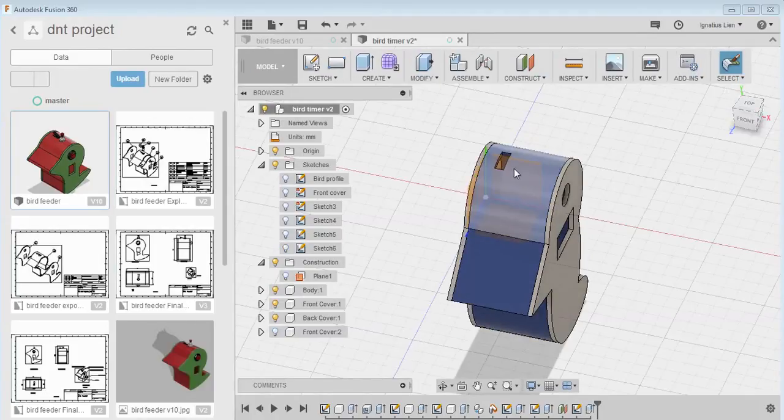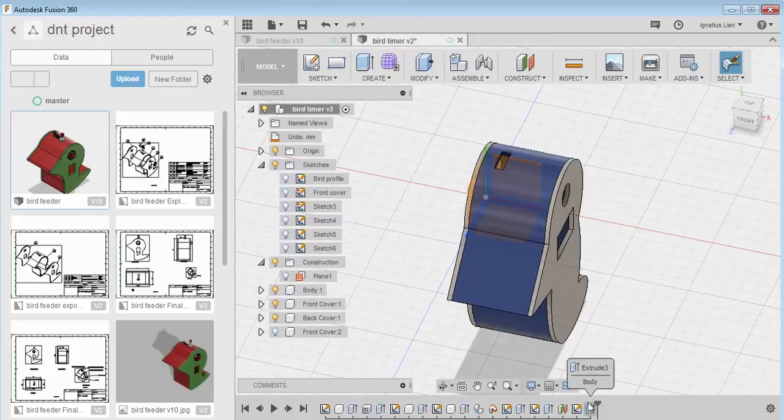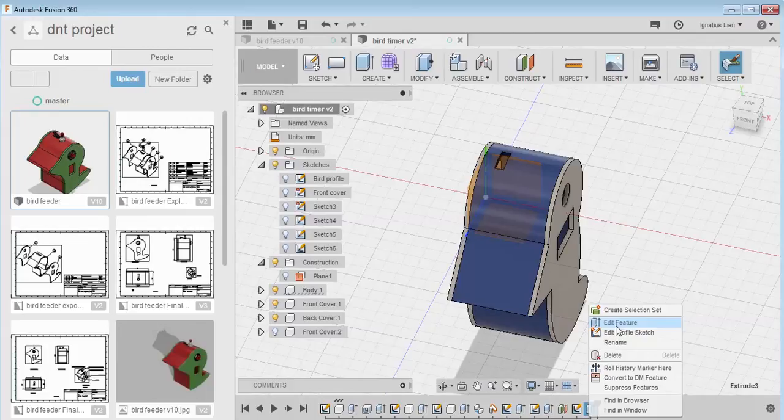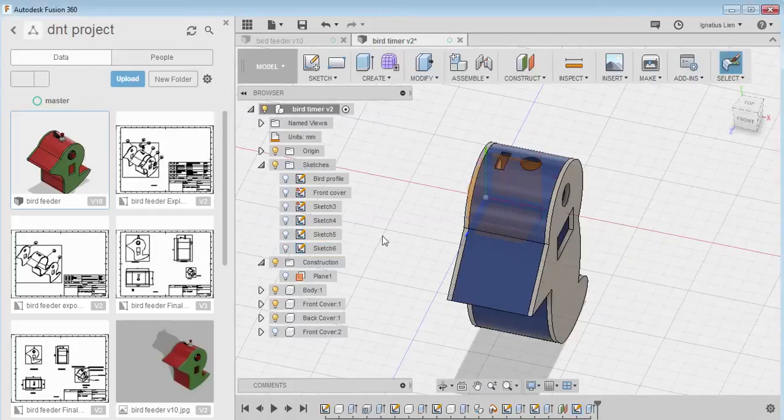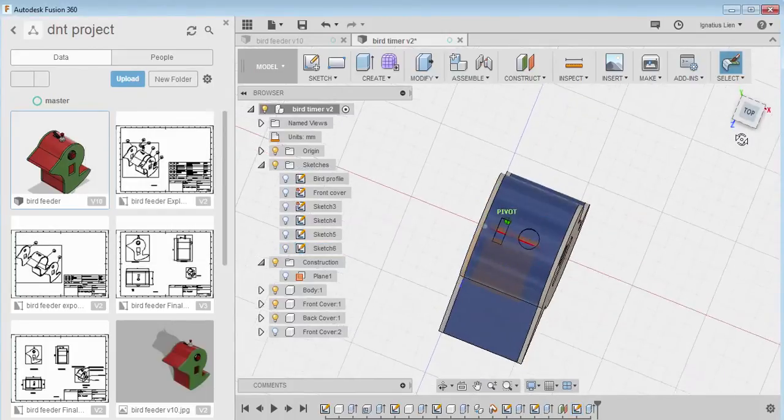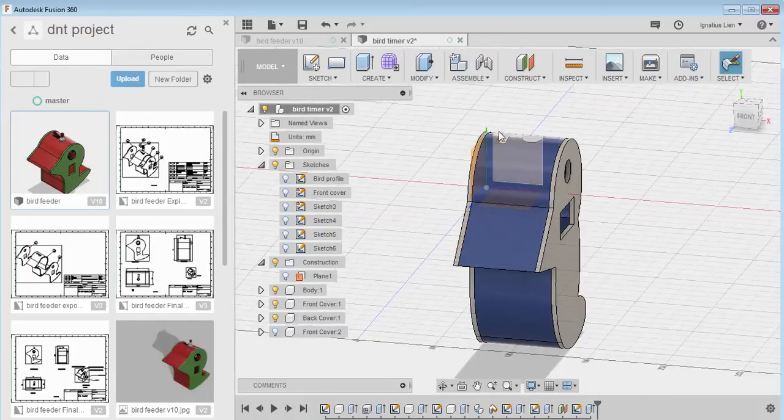Okay, so I've done the second sketch. Okay, double click on this, edit feature, and now select the other hole here and click OK. Now you see that it's a perfect hole. So sometimes it's the position of the hole that you will not be able to cut it properly. Alright, hope you learned something today.